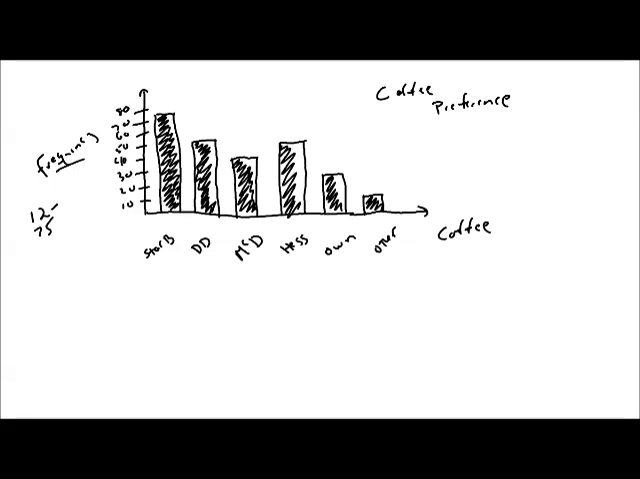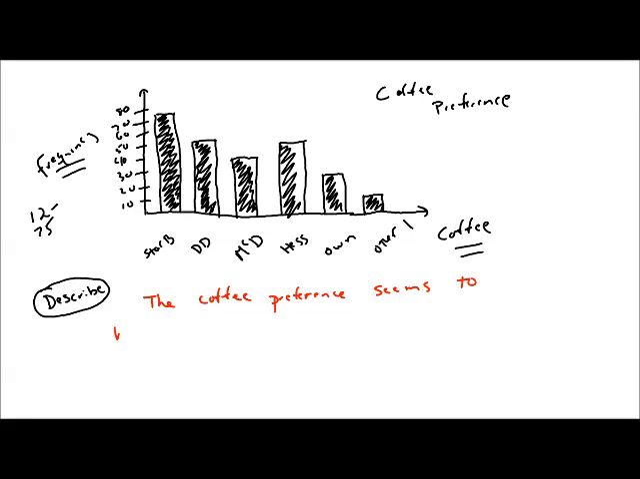So we labeled our y-axis, we labeled our x-axis, we gave it a title, got all our bars an equal distance apart, equal width for the bars. And if we had to describe this, when you describe categorical or qualitative data, you use common sense. Just look at it and tell me what you see. The coffee preference seems to be a little bit more towards Starbucks,